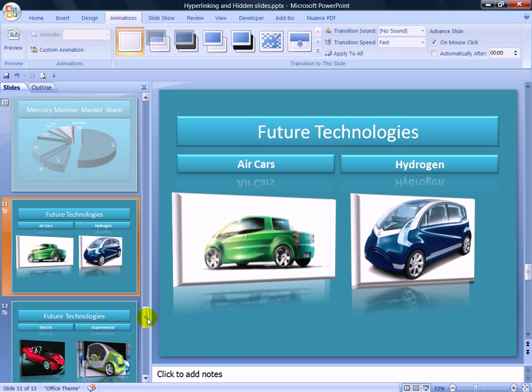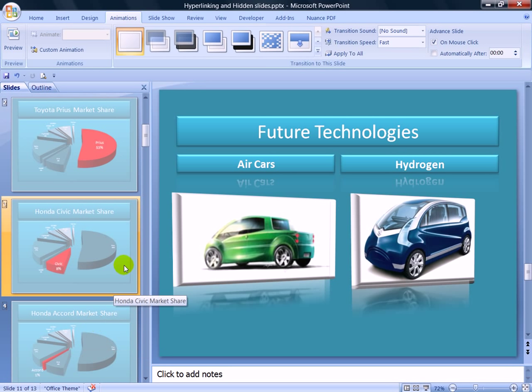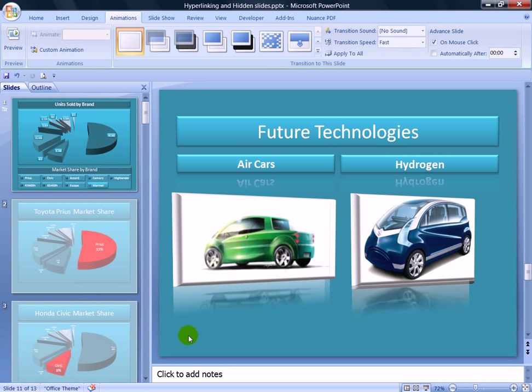So we are only exposing the slides we want everybody to see, no matter how they view this show, and we're hiding those slides that we're hyperlinking to, in this case to emphasize certain information. So with that in mind, we'll take a look at how to accomplish some of that stuff